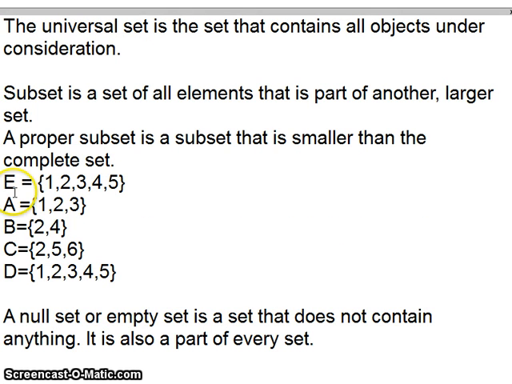So now let us have these sets to further explain what subset and proper subset is. I have here set E containing 1, 2, 3, 4, and 5. Set A contains 1, 2, and 3 as its elements. Set B contains 2 and 4. Set C contains 2, 5, and 6. And set D also contains 1, 2, 3, 4, and 5. So I can say that set A